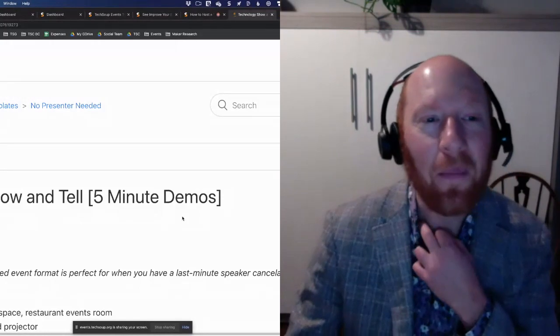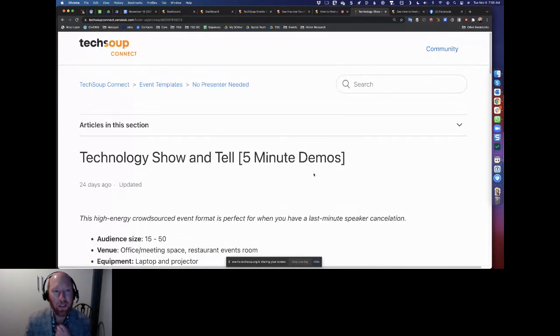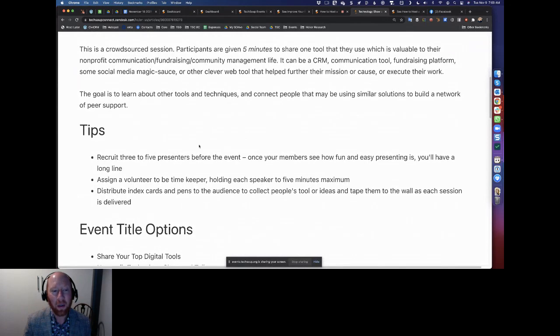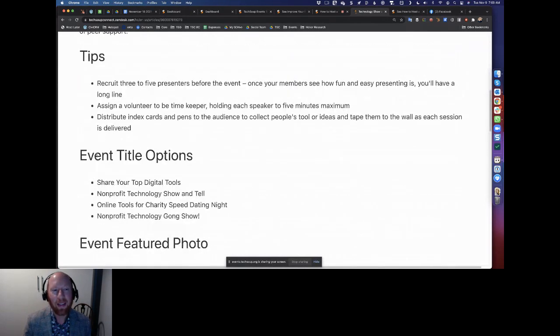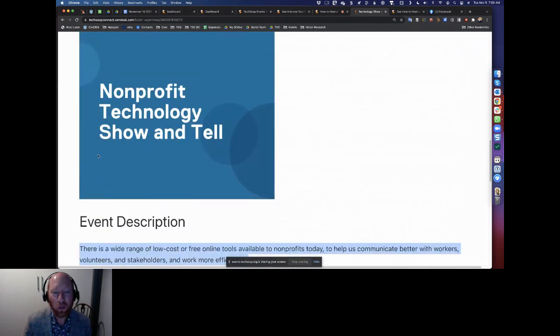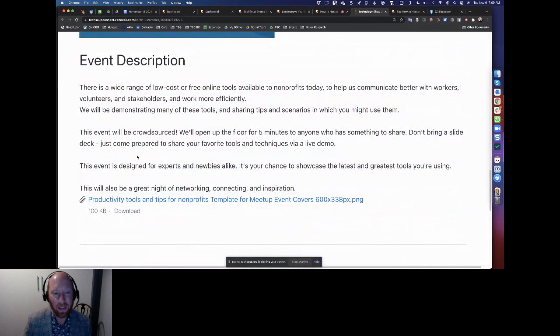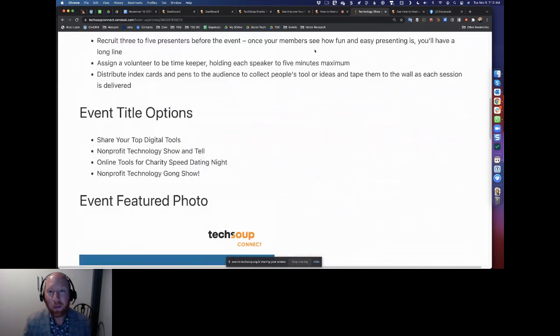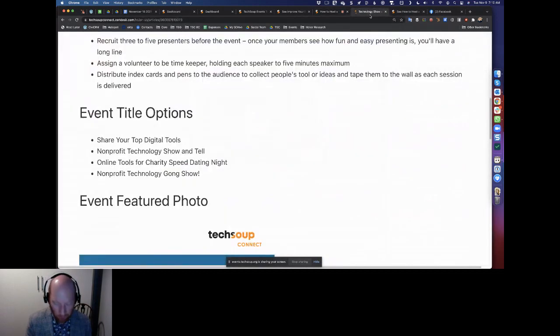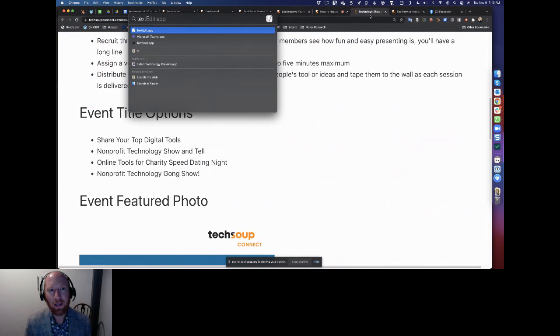There is this show and tell demo page description on the Zendesk site for TechSoup Connect. And that outlines some of the core tips, the event topic titles, and the image you could use for cutting and pasting into the event description, and all that. But I think really the best way to do one of these is to do a bit of a demo. So why don't I do that? I'm going to demo